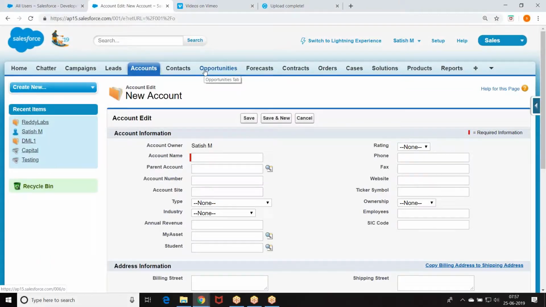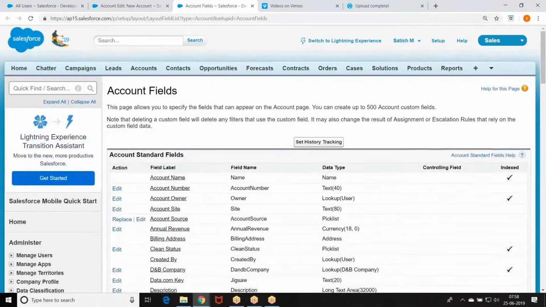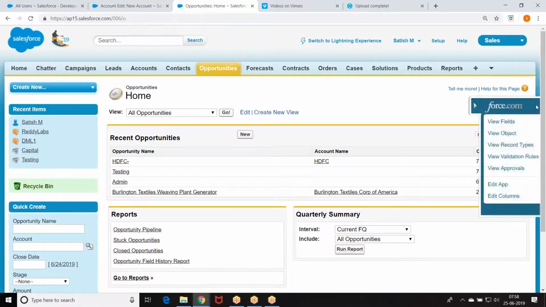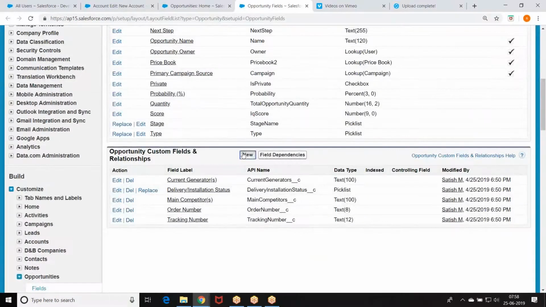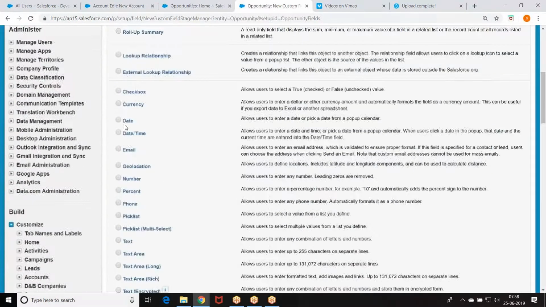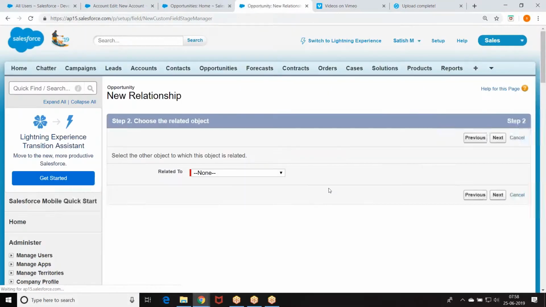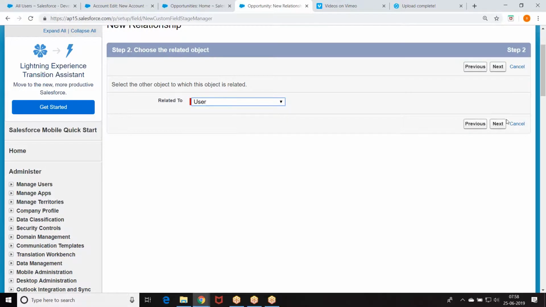At the time of creating a customer, in the customer, add a field. Let's have an opportunity. Who created this opportunity? Add some agent.